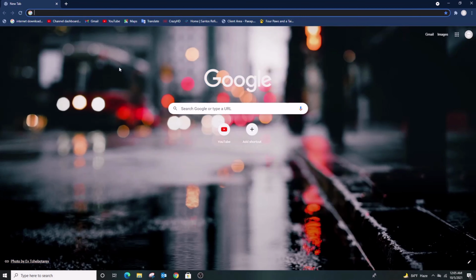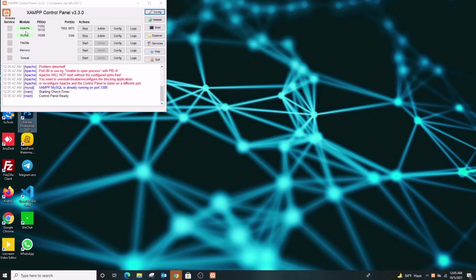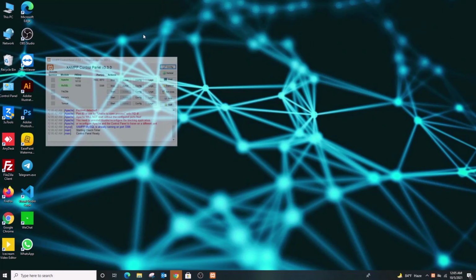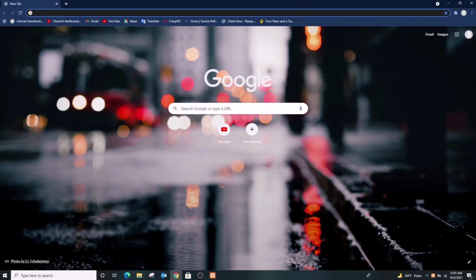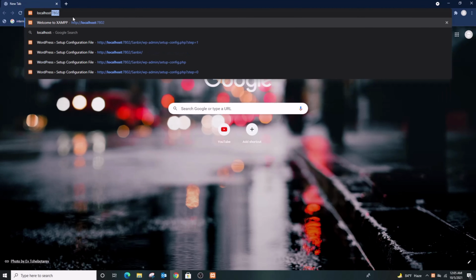and write our localhost name. Before we write, we have to make sure our XAMPP server is open. So XAMPP Apache and MySQL is started. So now we have to write our localhost address. My address is localhost